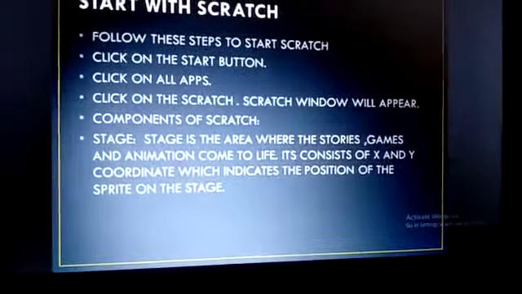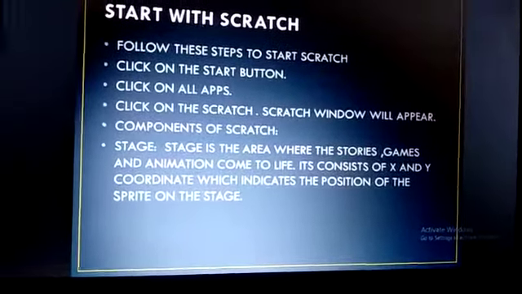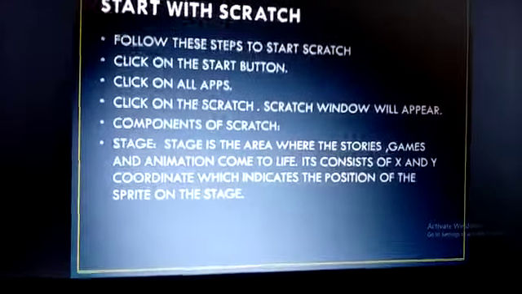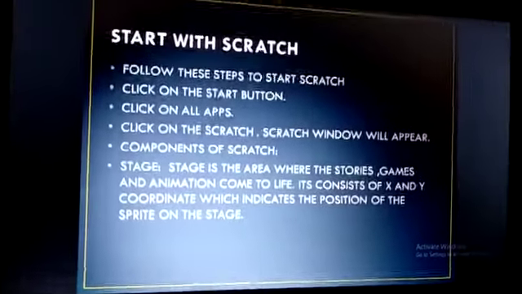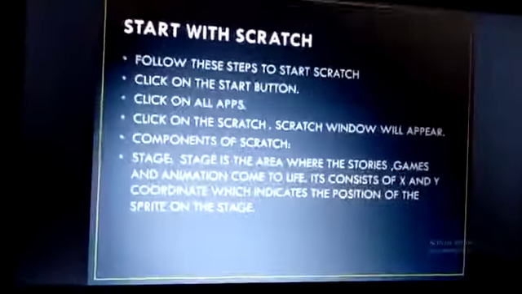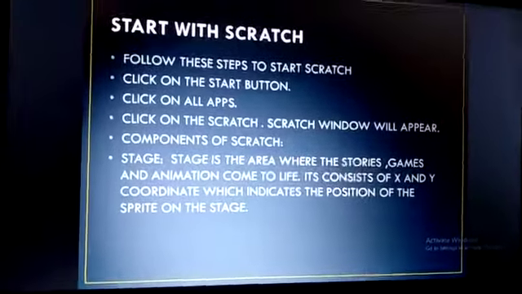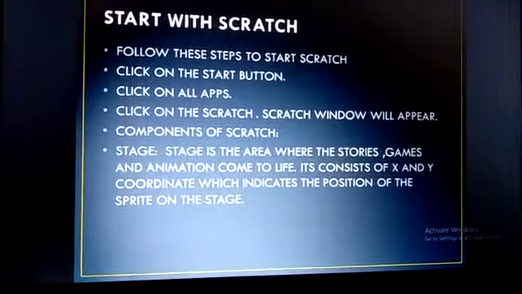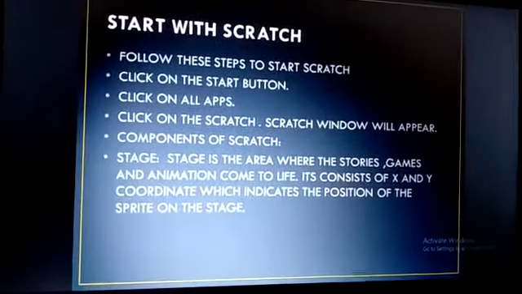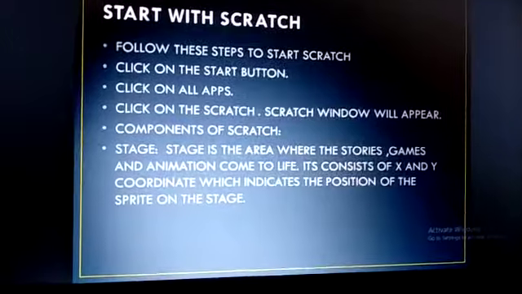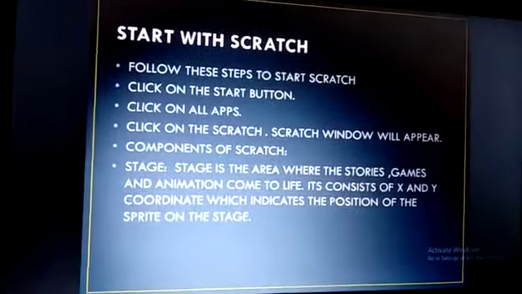So in the Scratch programming, we are having a stage. That's why it's written that stage is the area where the stories, games and animation come to life.